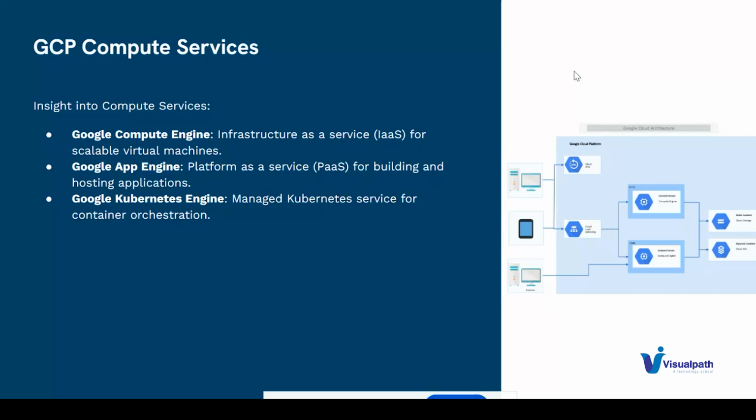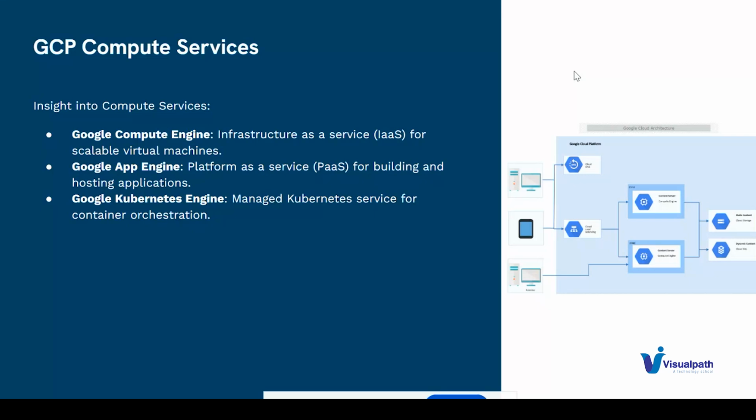On top of that, we can try to deploy our application. For example, if it is a Node.js application or Python application or Java application, what we can do is first, we can have a code, then we can try to provision the VM. On top of it, we can deploy our application either in a web server or wherever it is required.